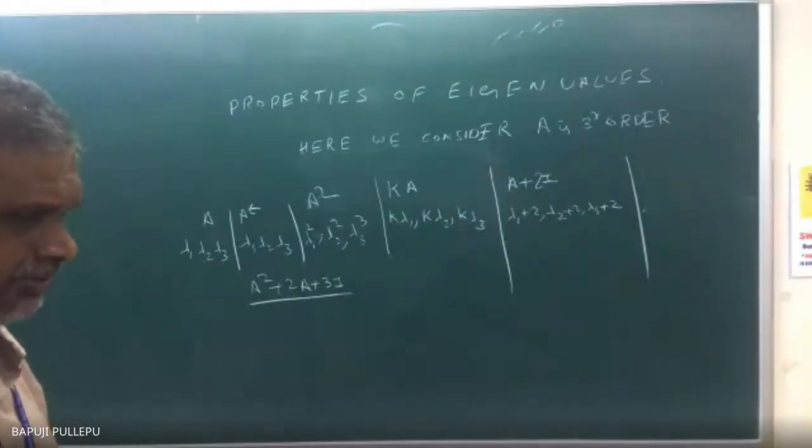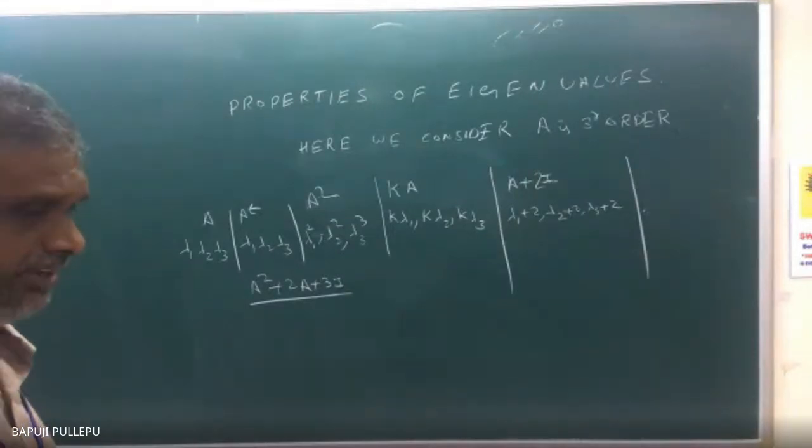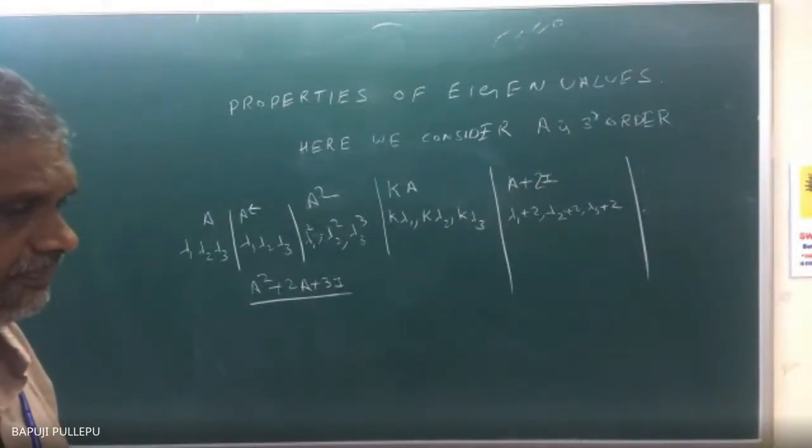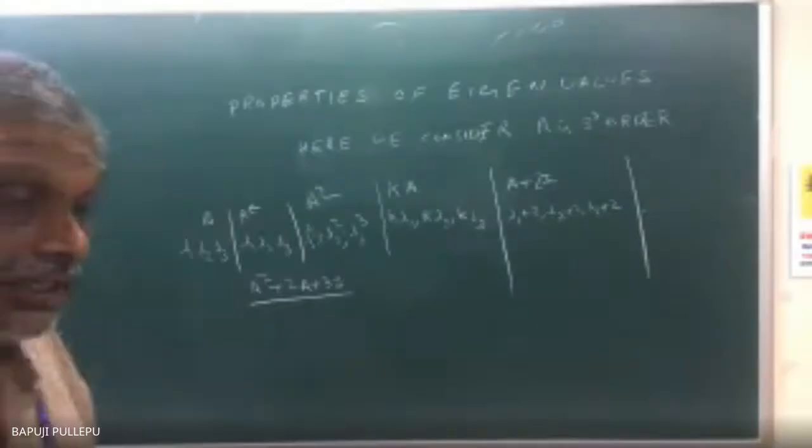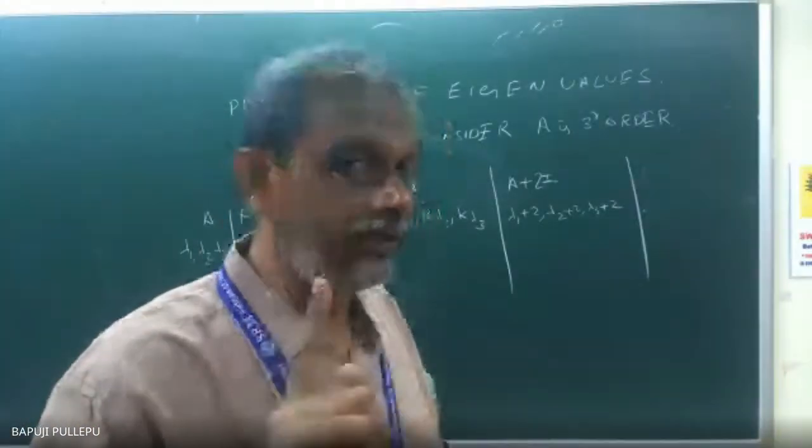What I'm saying is whole square of lambda 1 plus 1. That you can tell, lambda 1 square. Don't use bombarding language, I will get confused. Lambda 1 square plus 2 lambda plus 3. Lambda 1, that is one eigenvalue actually.